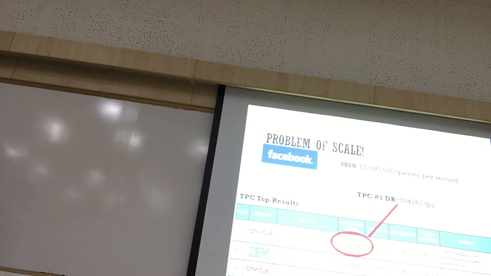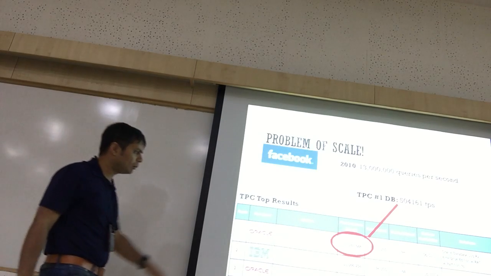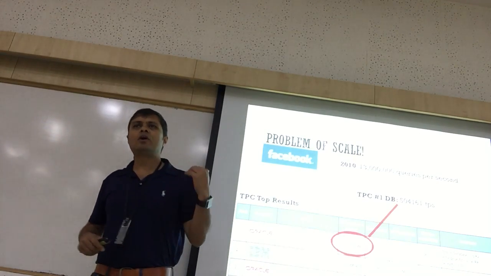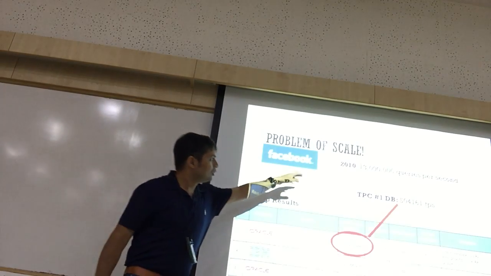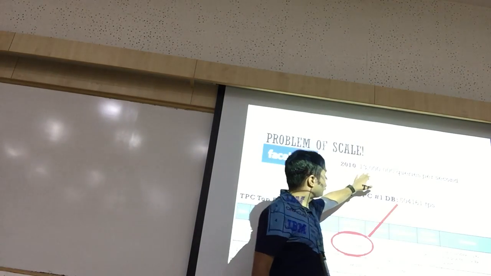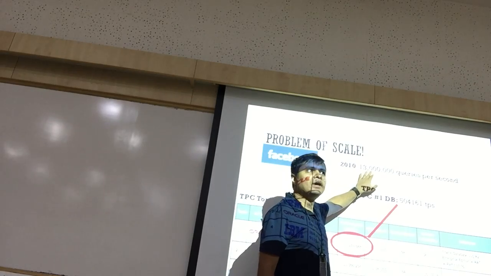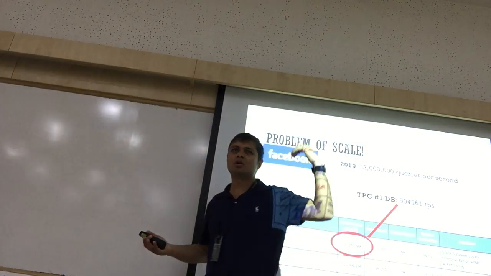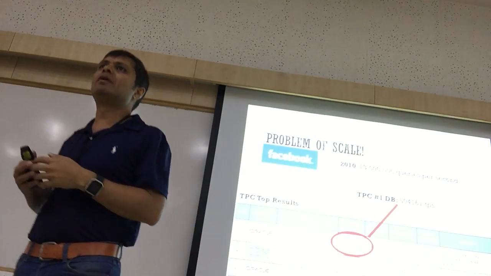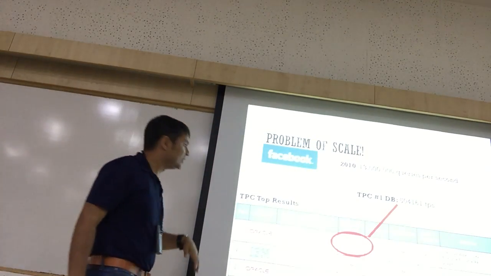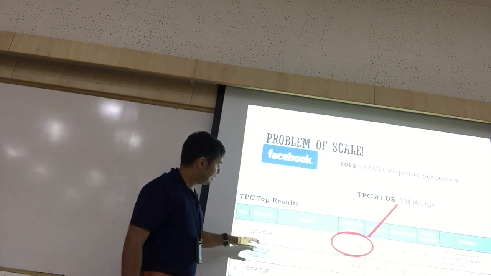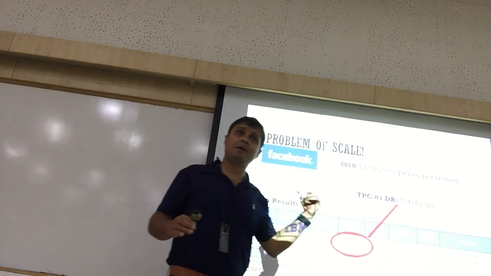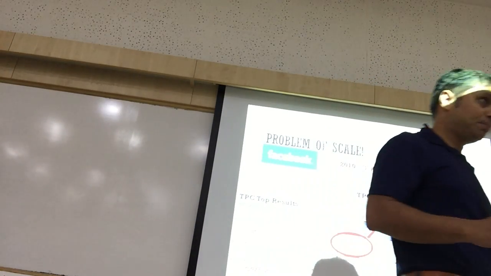All right, so some more numbers. I talked about Oracle's appliances or engineered systems. Look at the numbers out here. This is again dated 2010. Facebook by itself had 13 million queries per second that it had to process. This is 2010, so obviously it's changed in a big way now. But regardless, even if I go back 5 or 6 years, you'll find that with the capacity of even the top 10 database appliances, each of them costing more than $1 million per box,